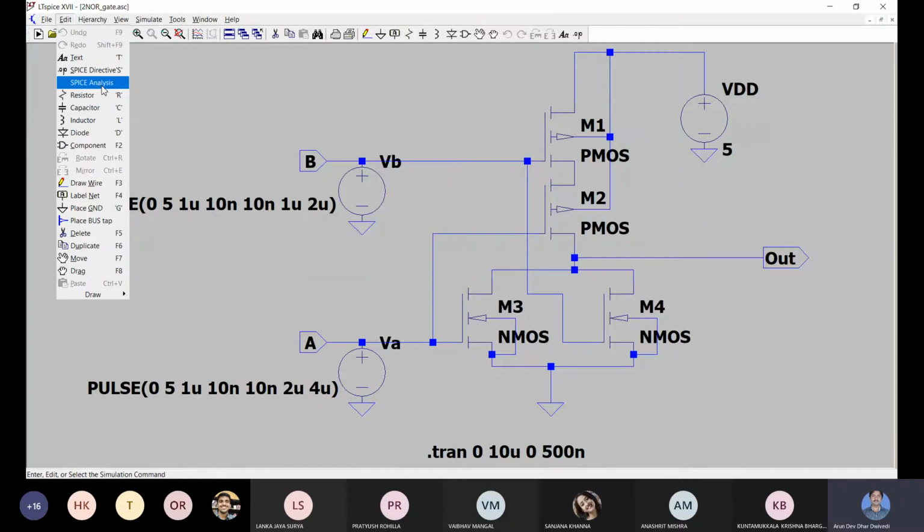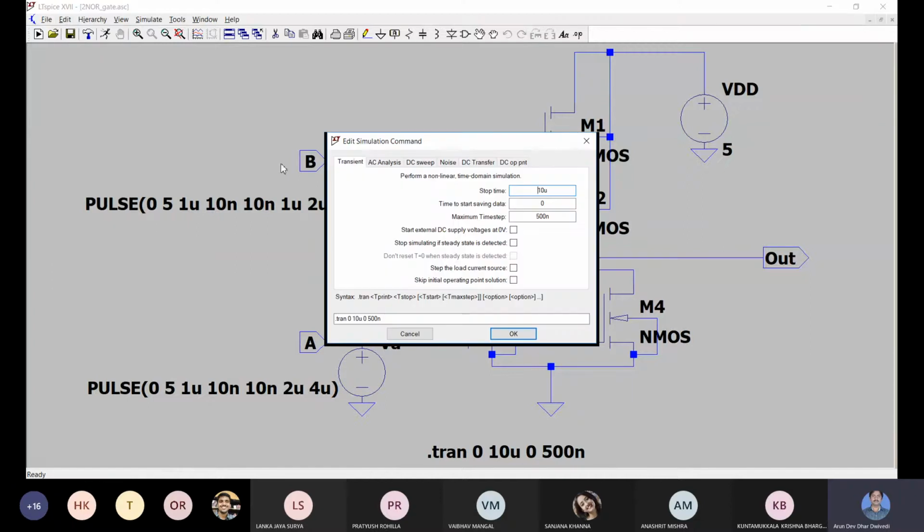Here there is a spice analysis option. We have gone to the spice analysis option. By default the transient analysis option is chosen. For transient analysis it is asking for the stop time. What stop time should we provide? Because all the pulses are not more than 4 microsecond, if we give a 10 microsecond stop time, at least more than 2 cycles can be completed.